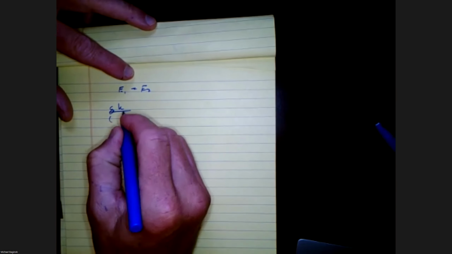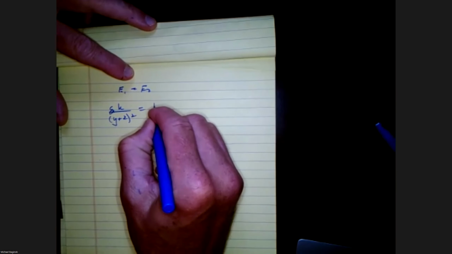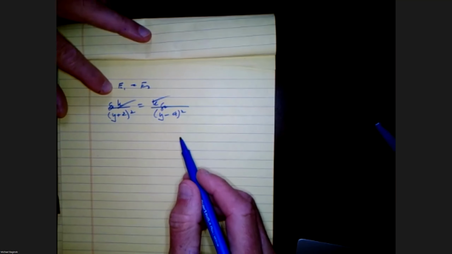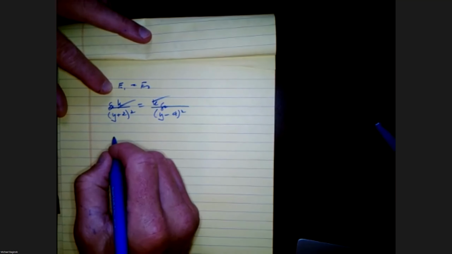So here it's E1 equals E2, and E1 is really Q1 K over y plus 2 squared, which is equal to K times Q2 over y minus 4 squared. So just going through that, here I'm equating the two field strengths. One is going to be opposite the other. I can cancel K. And now when you get at this point, it depends how you want to do it, you can actually say that,